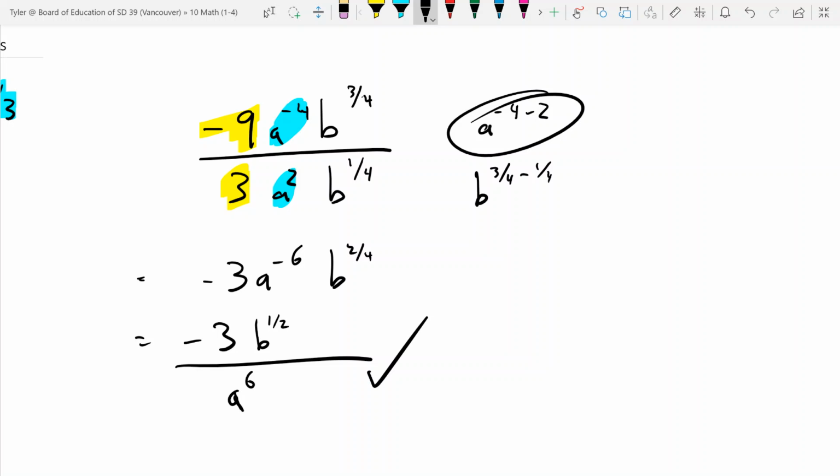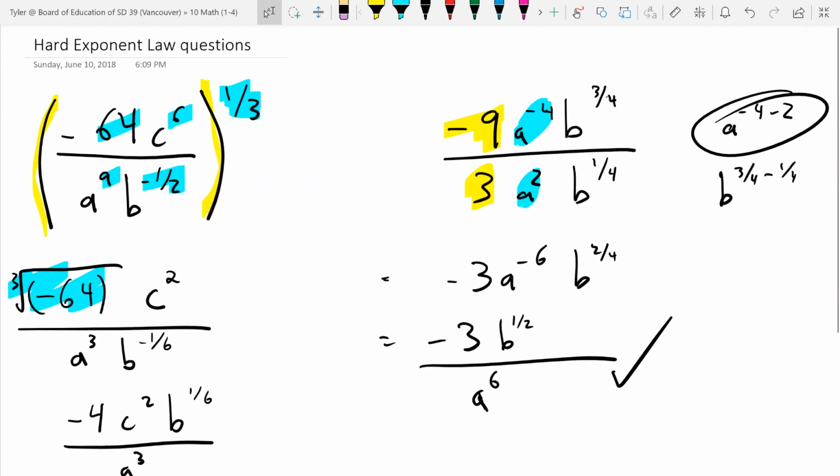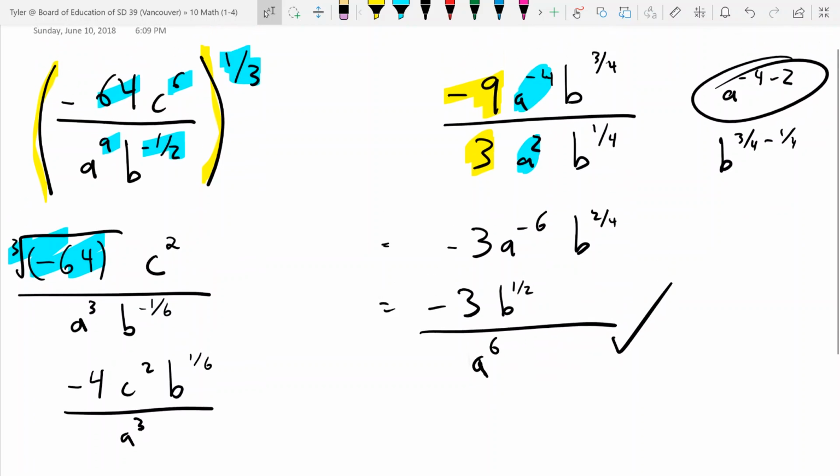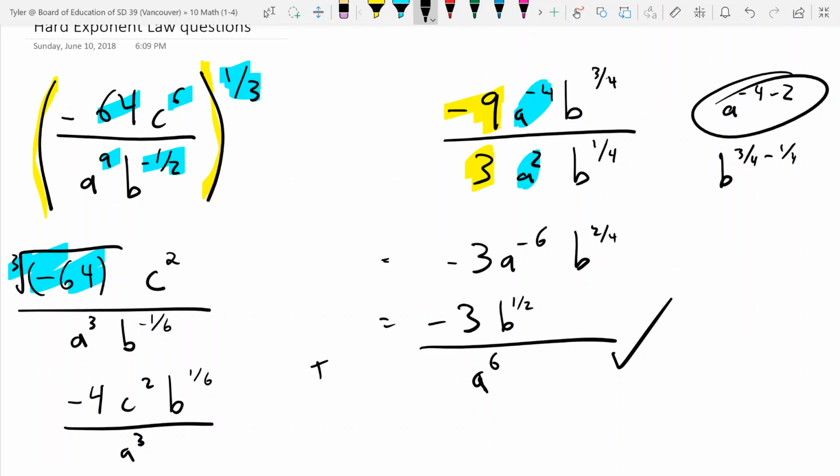So that's it. Those are two kind of examples, but that's the basic process. If we had to do something weird, like add them together, we'd have to make it so that they have the same denominators, all that stuff, but that's a lot more complicated than what you're going to have to do